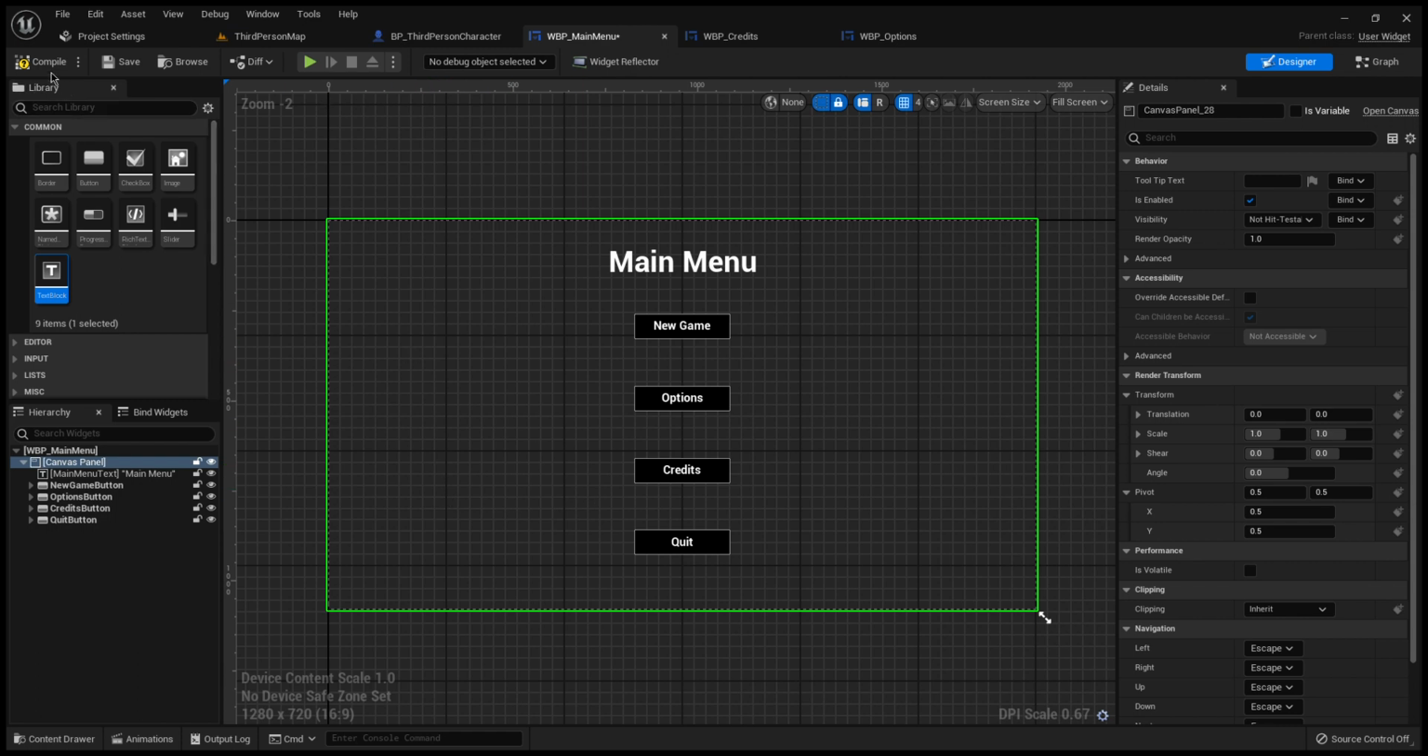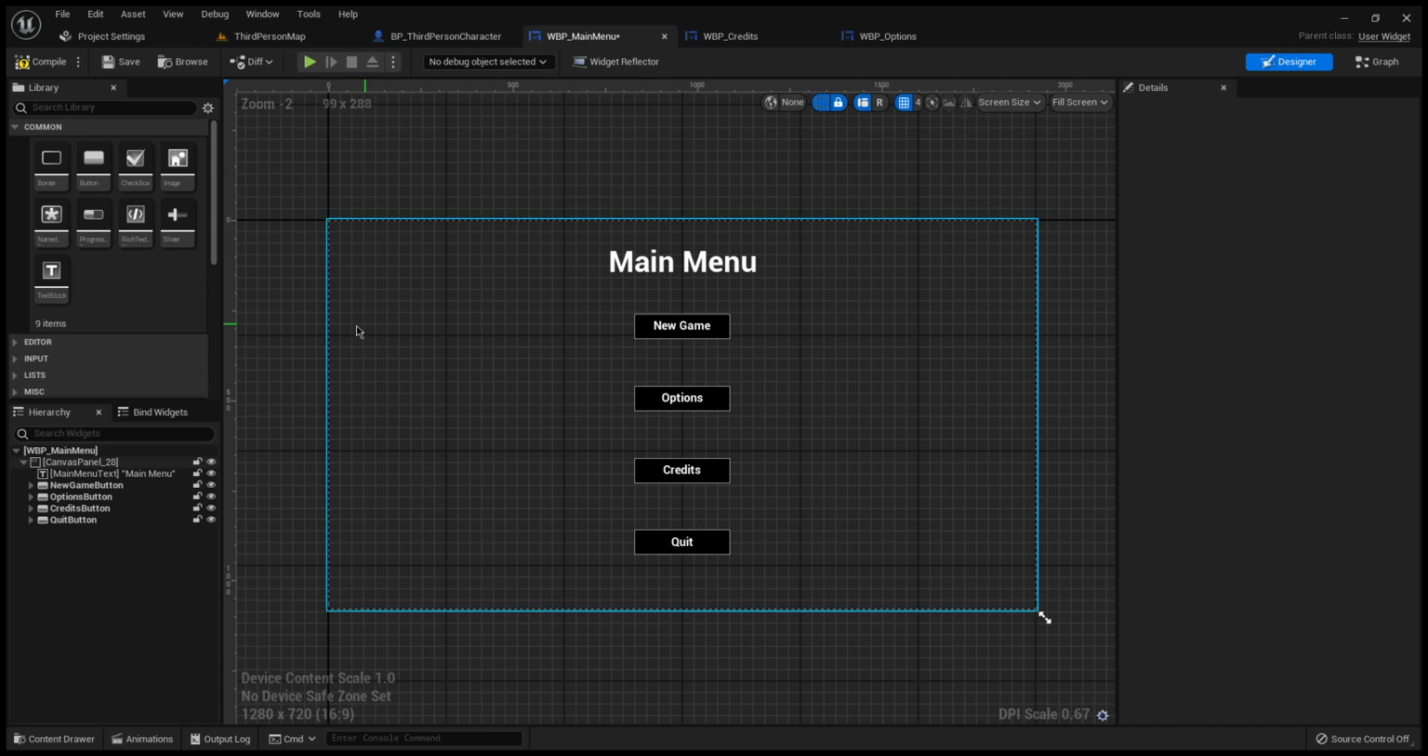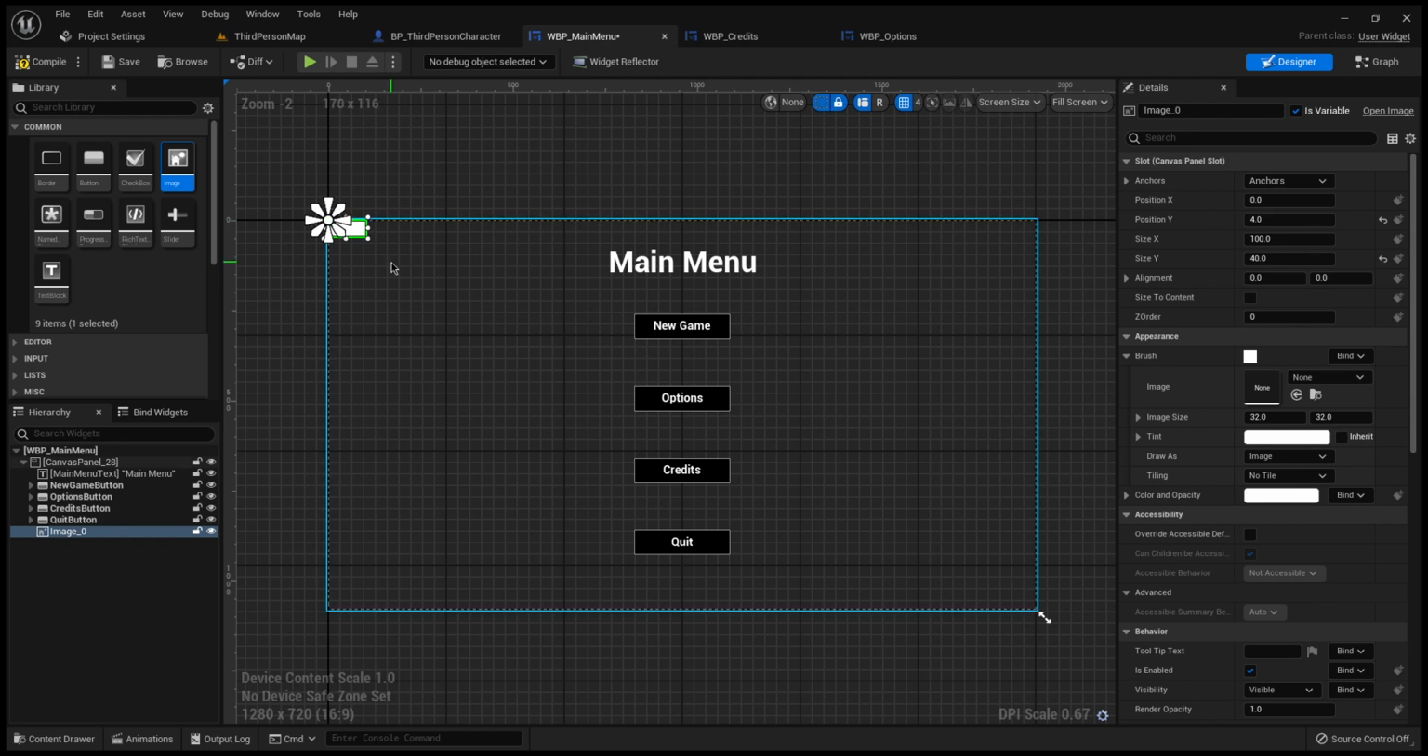Okay, so the next thing, again, we're going to make this in more than one video, so alright, so compile, save it. Why is it not letting me compile? Anyway, alright, so the next thing, drag an image onto the thing here. So drag an image from your common thing,